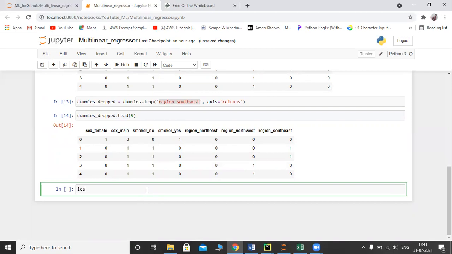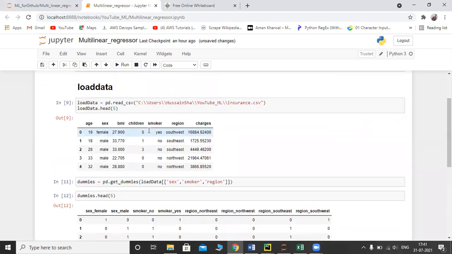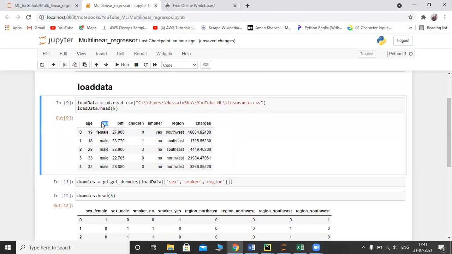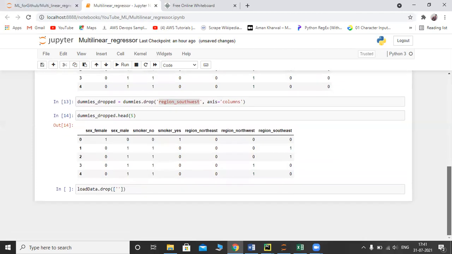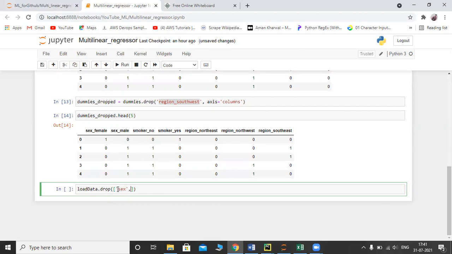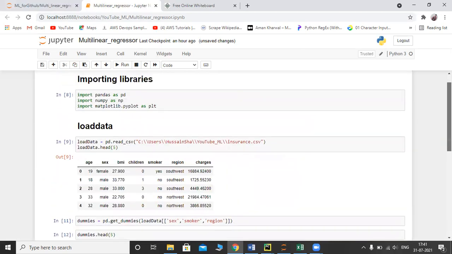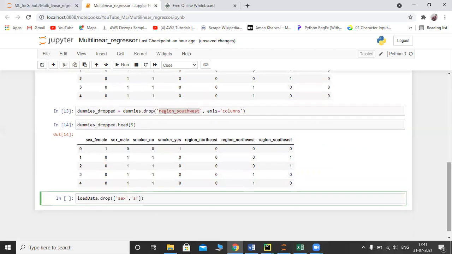So load data, let's say load_data.drop. What I'm going to drop is gender, and then I'm going to drop smoker and region. Smoker, comma, region, and it should be in single quotes.